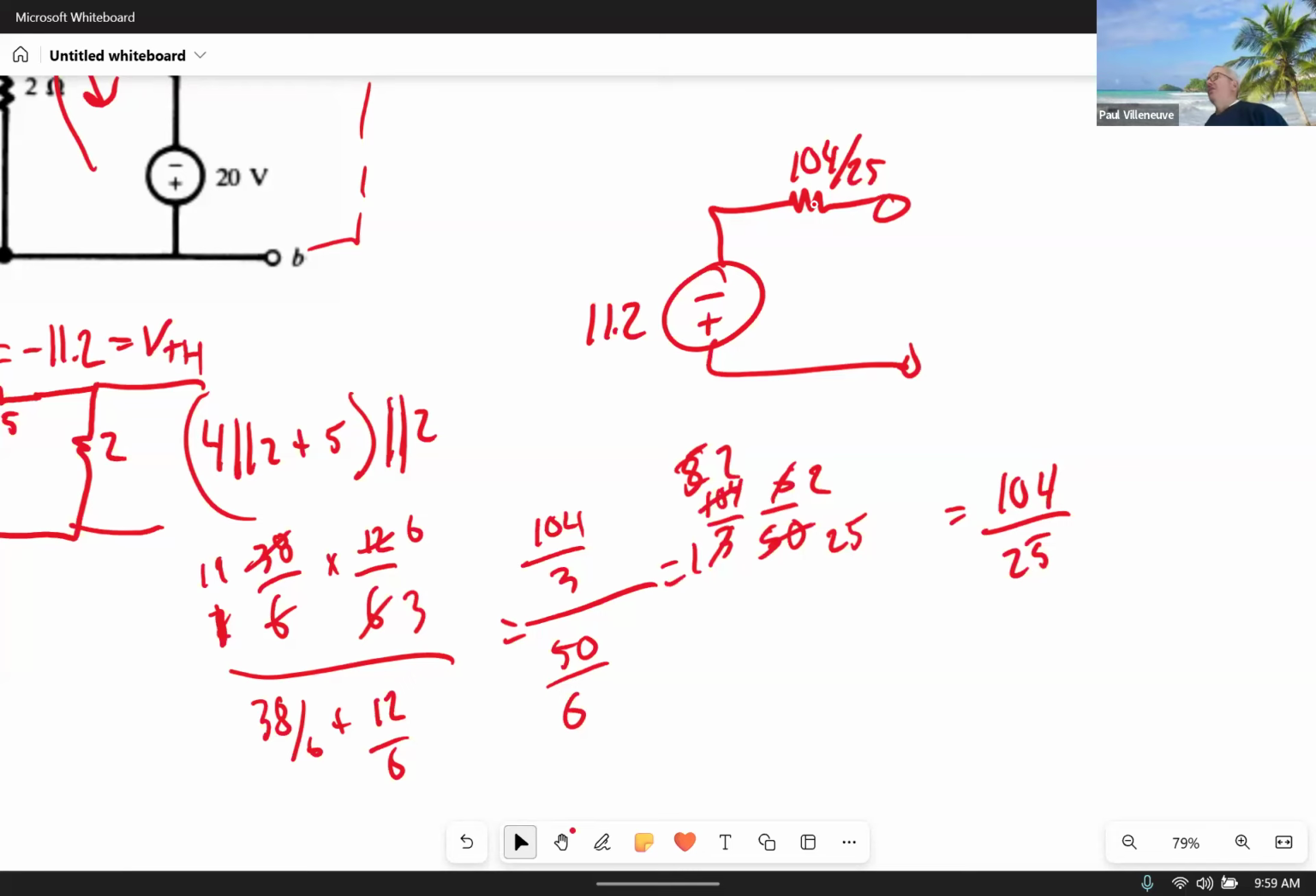Any other questions? General question. Yes. I know you said that Boylestad has some good examples. Do you have old exams or